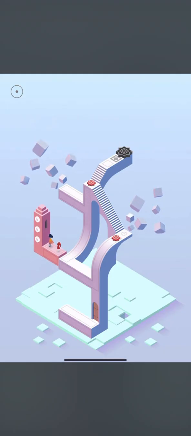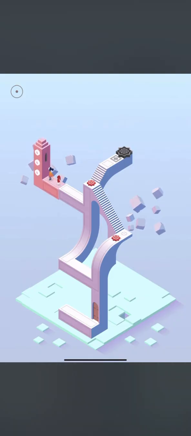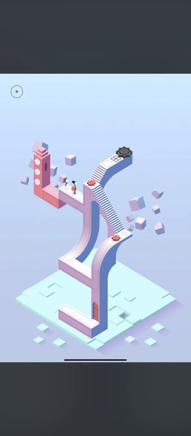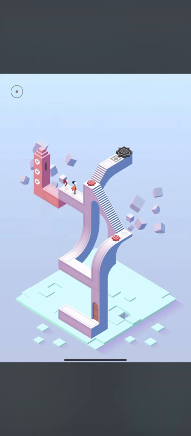So I like this because it kind of forces you to think out of the box and have a little bit of a back and forth with the environment that you're in.